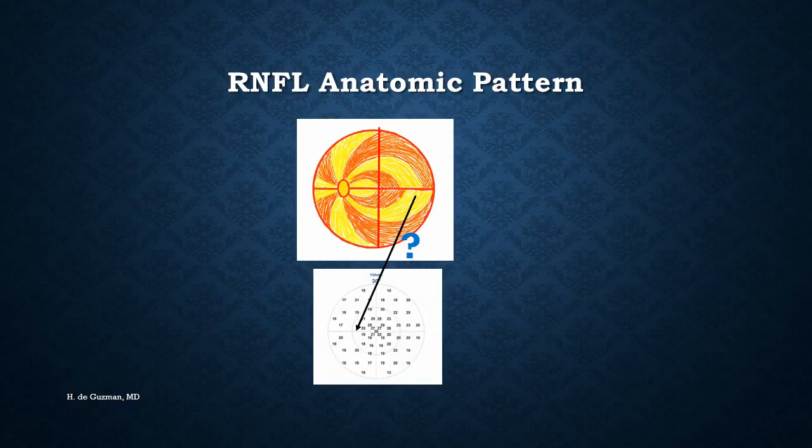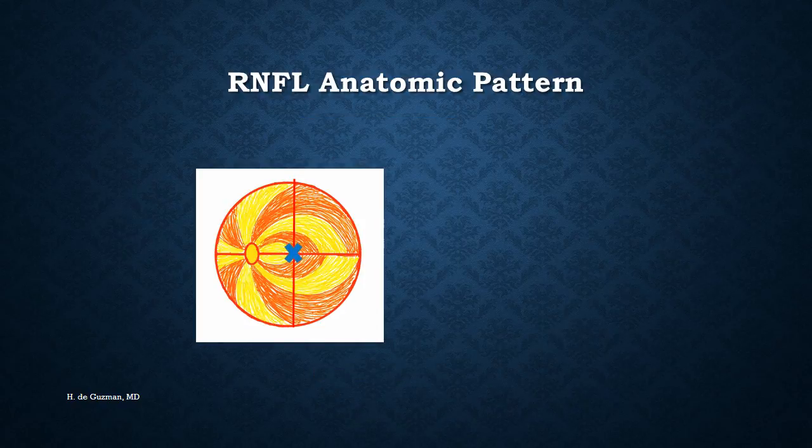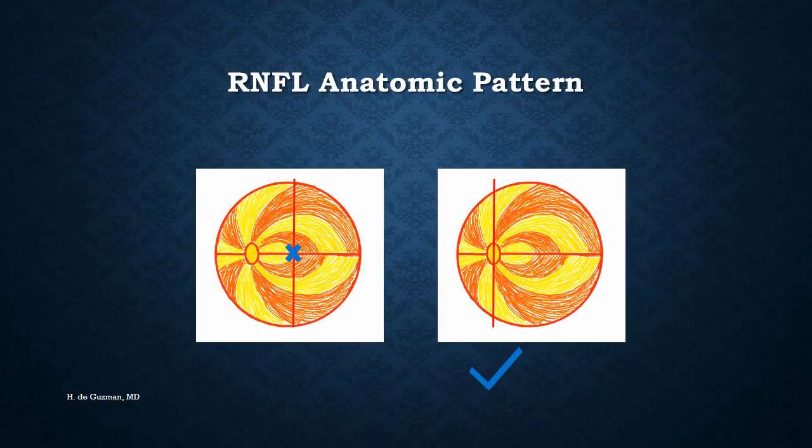In the same way that we divide the RNFL horizontally across the fovea, can we divide it vertically at the fovea into temporal and nasal halves? Does that look right to you? Of course not, it's the left. I should ask, does that look correct to you? No. Actually, that division happens at the level of the optic nerve, specifically a few millimeters posterior to the optic nerve head.